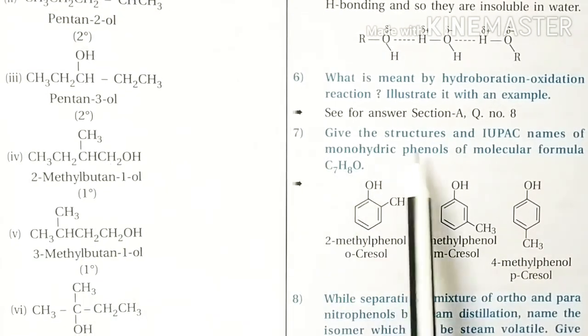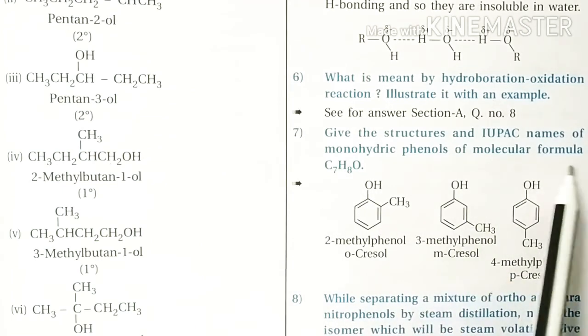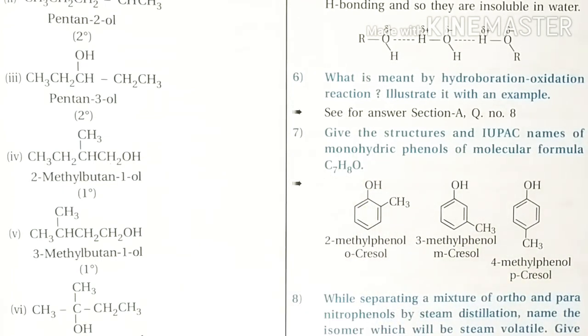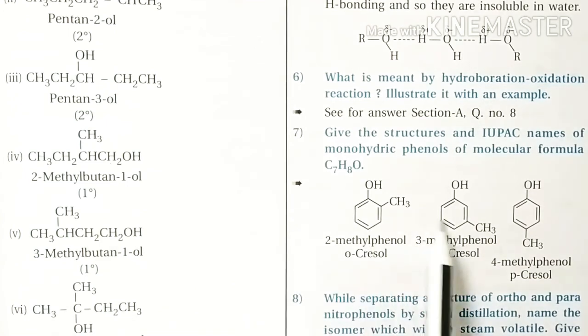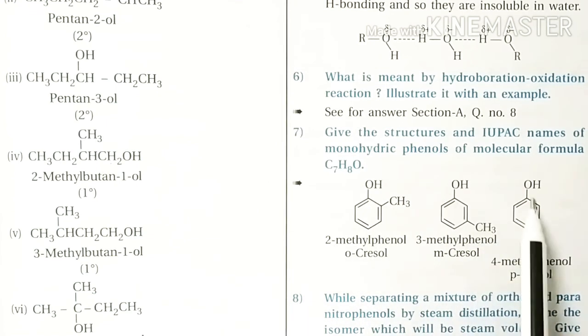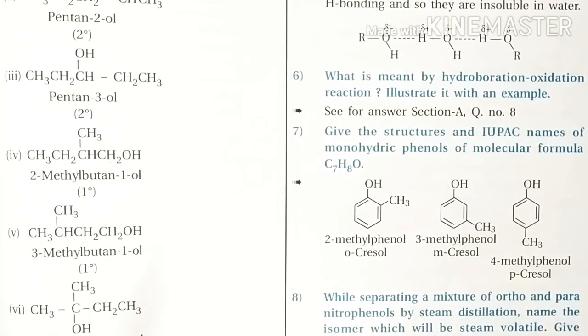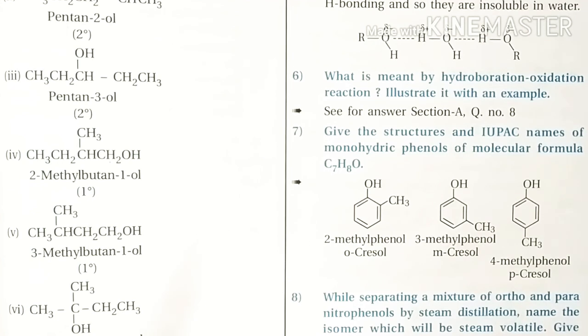Now give the structures and the IUPAC names of the monohydric phenols of molecular formula C7H8O. तो हम क्या करेंगे, C7H8O का जो फॉर्मूला हमें दिया हुआ है तो हम तो फिनोलिक स्ट्रक्चर में ही लगाएंगे. तो इसमें it's a 2-methyl phenol, it's a 3-methyl phenol and it's a 4-methyl phenol. We know that it's called as ortho-cresol, meta-cresol and para-cresol respectively. तो इस तरह से हम 7 क्वेश्चंस के पास आज रुके हुए हैं. नेक्स्ट सेशन से हम 11.8 की तरफ आगे बढ़ना चाहते हैं. थैंक यू वेरी मच.